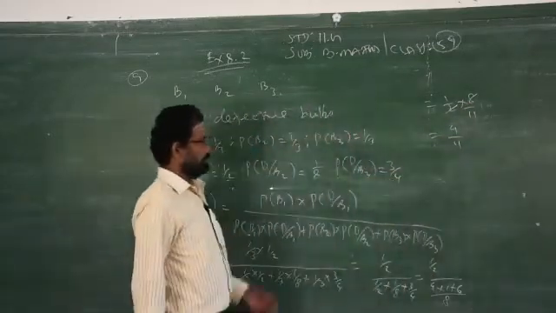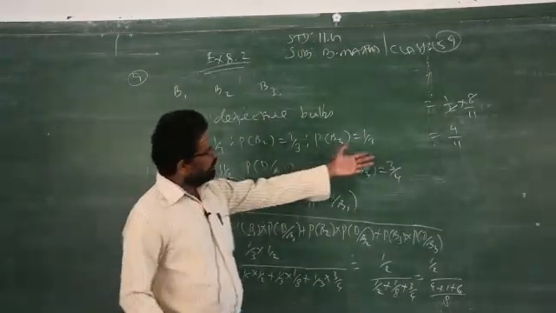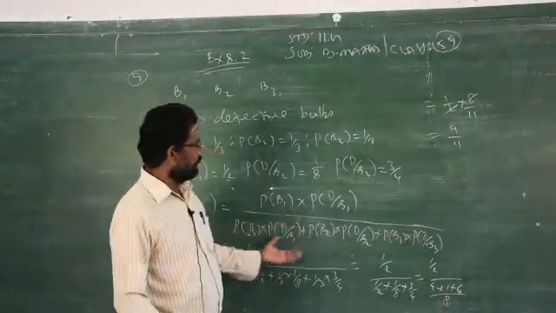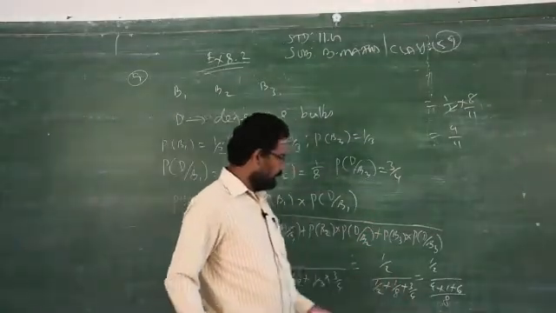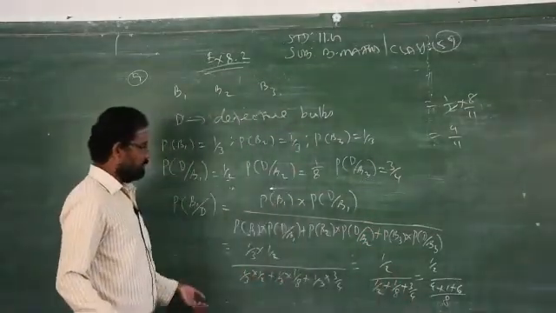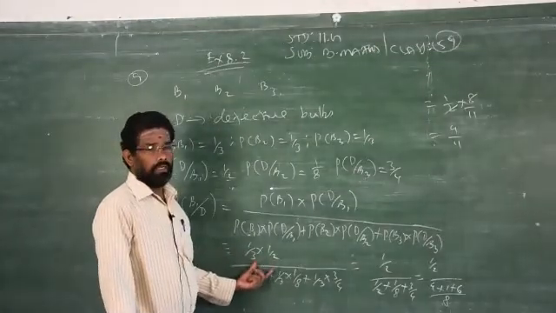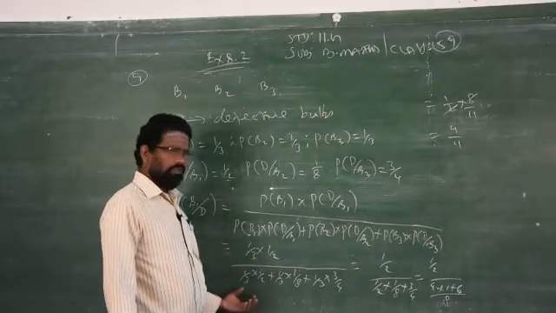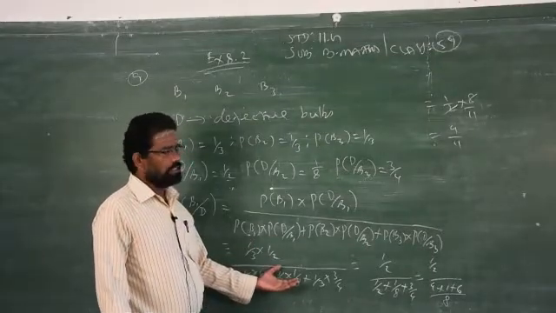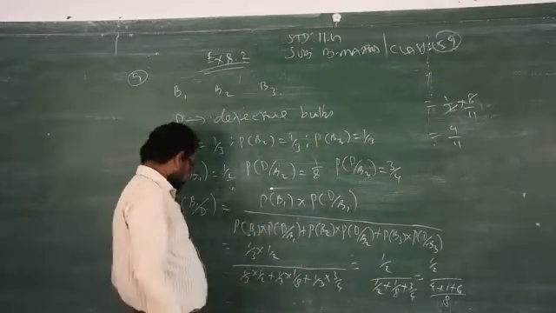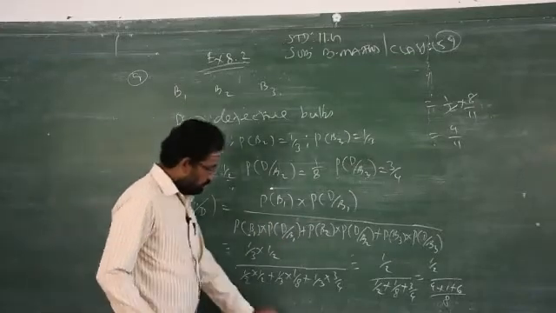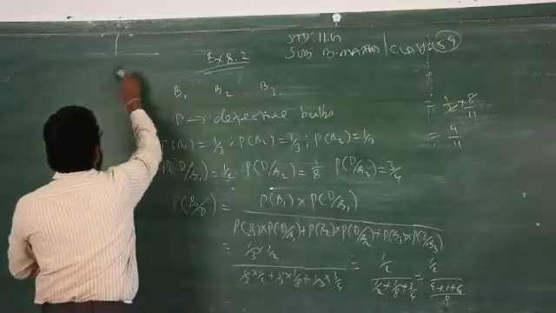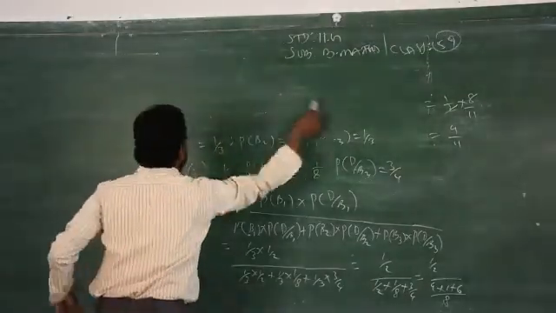Clear? So just find the answer by taking the LCM. Don't simply copy, you should ensure whether it is correct or wrong by applying the LCM method. Here I'll apply the LCM method, but here itself we started to use the calculator just to write down the answer for 1 by 3, 1 by 2, simplified. You may write your answer in decimal also, nothing wrong. Clear? Next we have to see sum number 10.